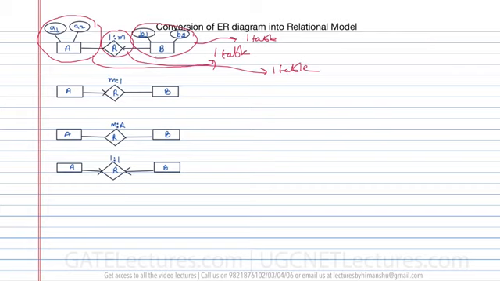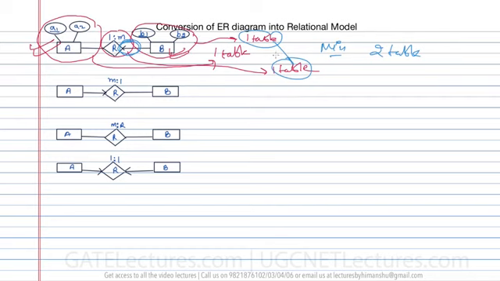But here you can see it is having the key constraint, right? Because the maximum cardinality of B is 1. That is why you can combine the table for this relation and the table for B. So you can combine these two tables. So at minimum, you are going to require 2 tables only. One table is for this, and the second table is for this.